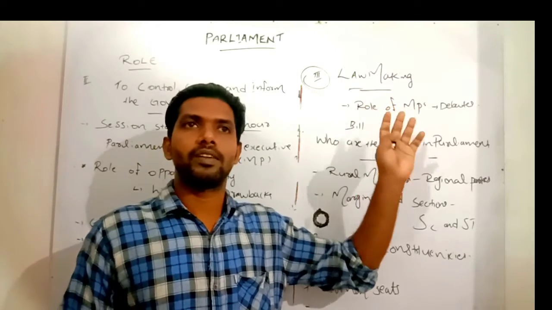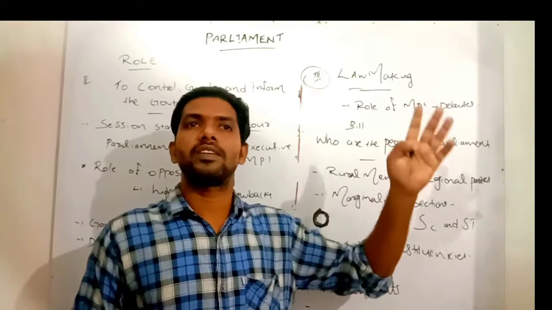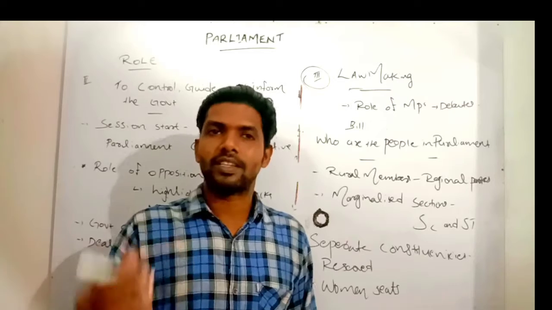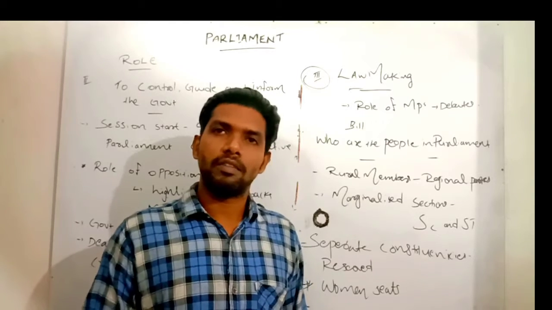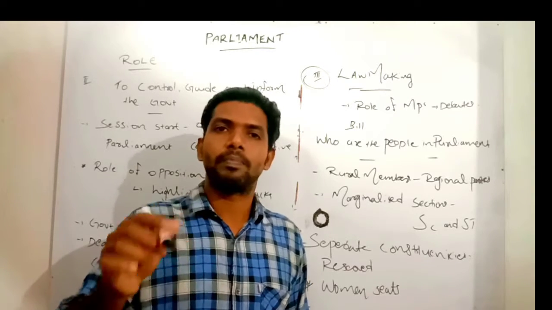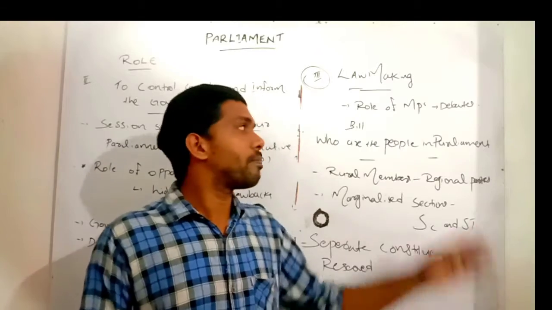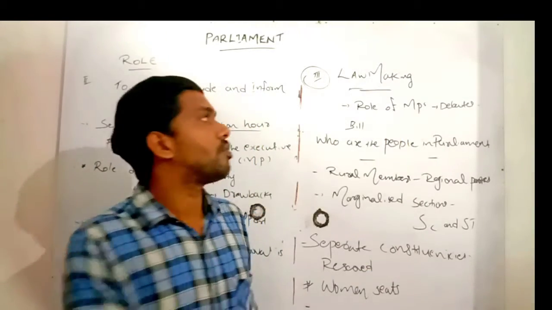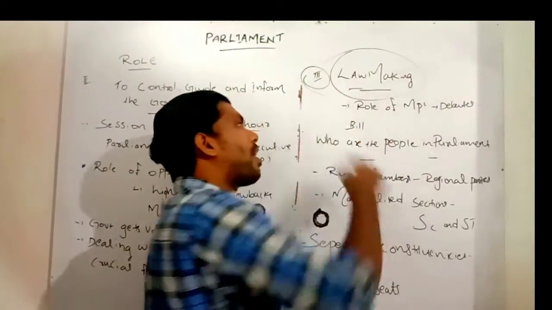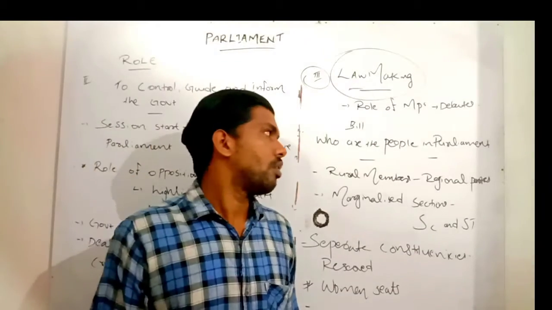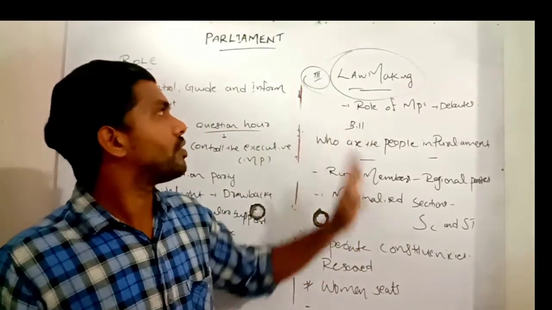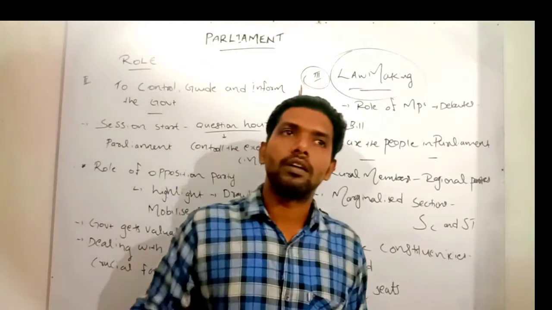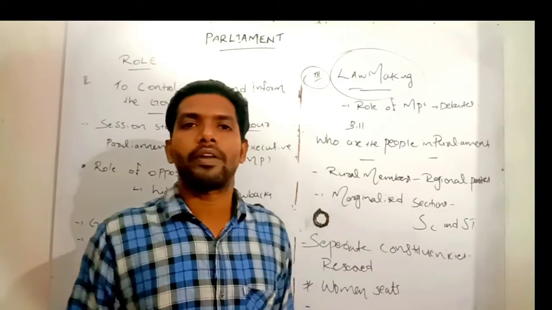After passing the Lok Sabha, it is sent to the Rajya Sabha. Then the President also checks that law and bill, and finally, if it is good, the President should sign it. So that bill becomes law for India. So for this law making procedure, our Parliament plays a crucial role, and that's the third most important role of the Parliament in our India.